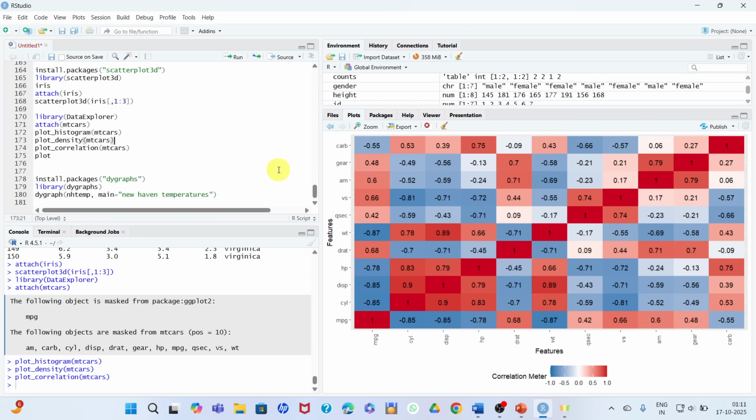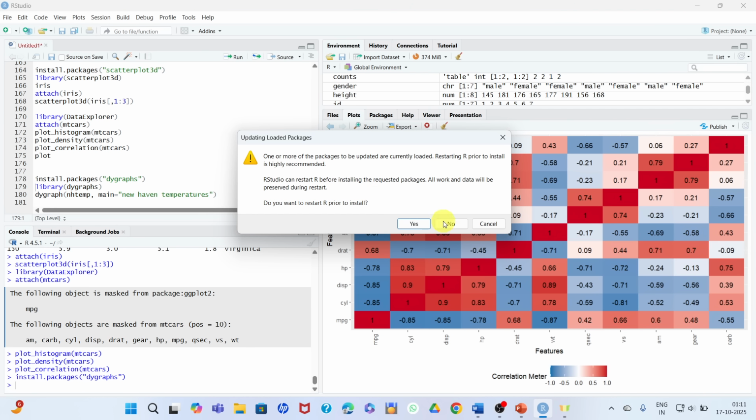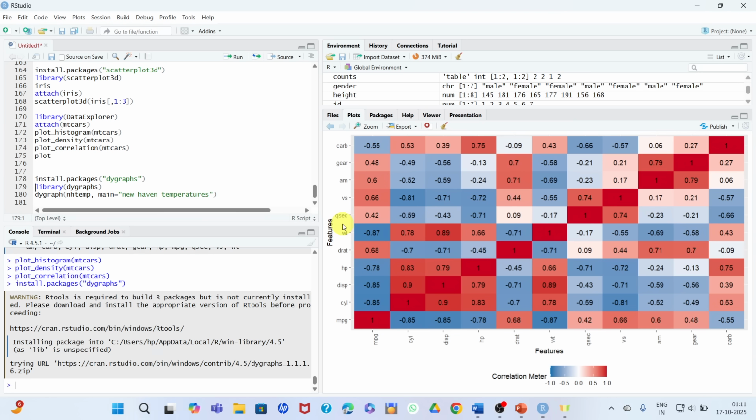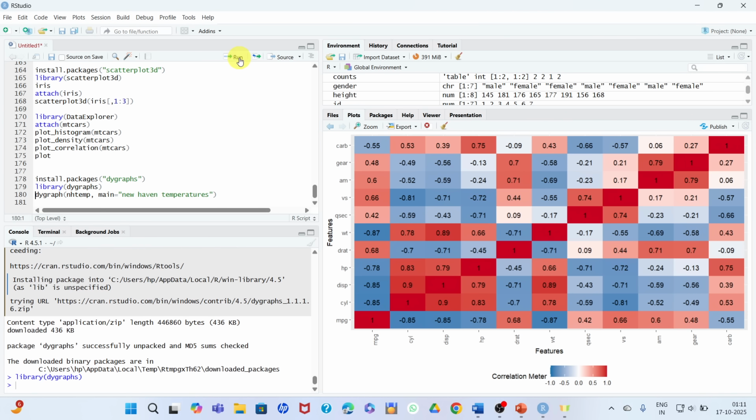Let's move to one more package, that is dygraphs. Let's install this. Okay, I have already installed the package. Then you have to activate the package with library, and let's run this command, dygraph nhtemp, main temperature.